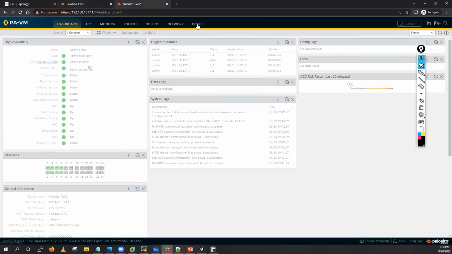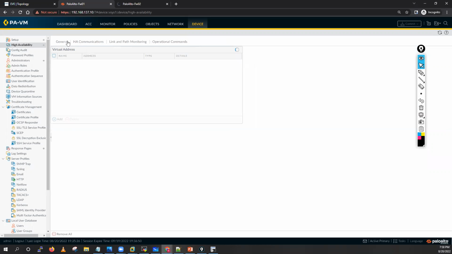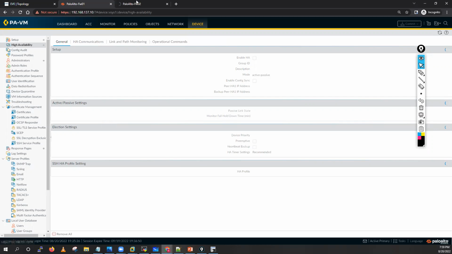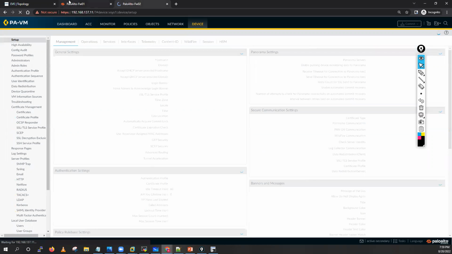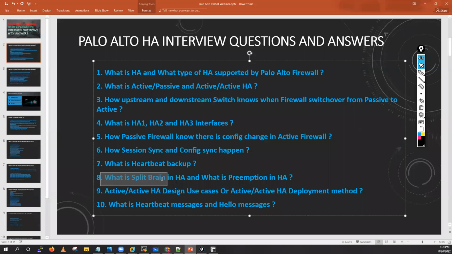Let me also go into this device because it has become slow. You will see this heartbeat backup, right? Right now it is grayed out because it's loading the settings. So here we have to enable the heartbeat backup option for the management interface, guys. Okay. Now it's taking lots of time. So let's see. Meanwhile, let me just explain what preemption is, guys, because they will ask